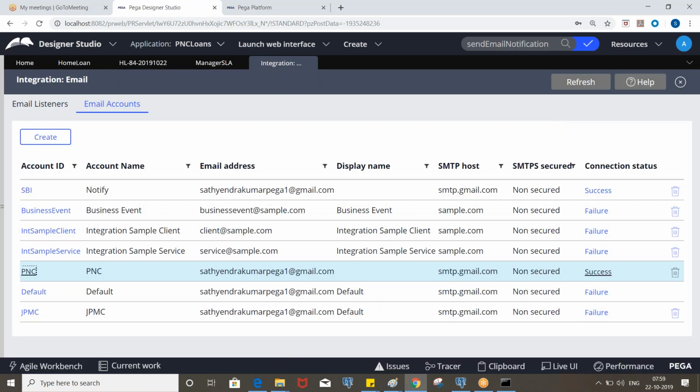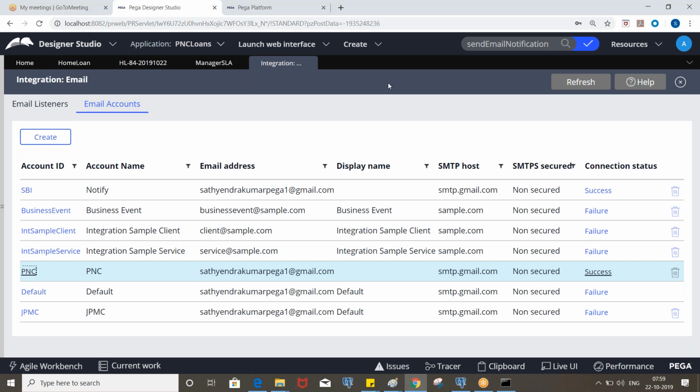So whenever we create an account here, one instance will be created, I mean in the corresponding table in the database. So that is there for every case, right? Whenever you create any rule in the PRPC, it will be stored in the database.